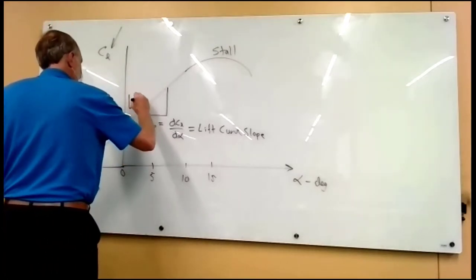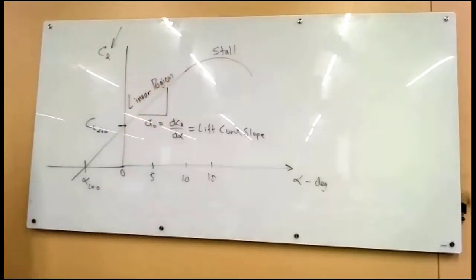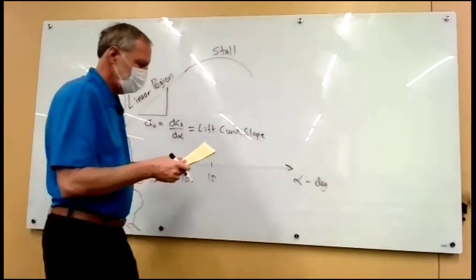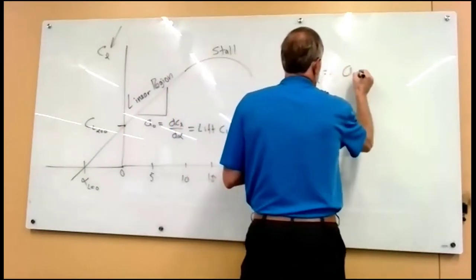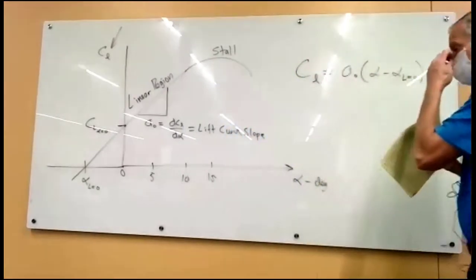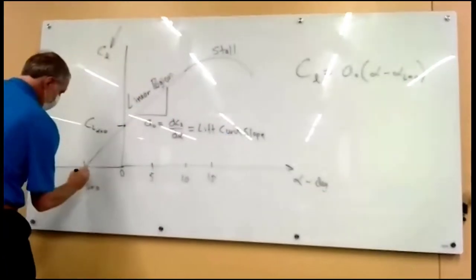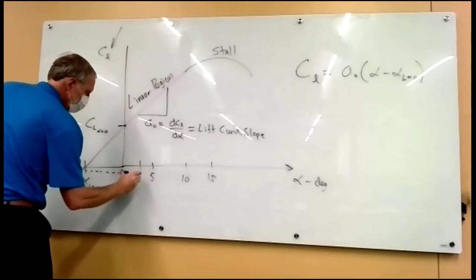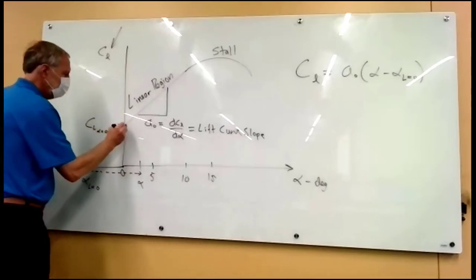But in here, all of the airfoils have pretty much linear behavior, straight line. So in this region, we can write equations that predict the lift. We can either do it in terms of the x-intercept here. So really this is just saying, okay, I'm measuring the distance from this point over to wherever alpha is, and I'm just taking the slope up from 0. Or I can write the equation in terms of the y-intercept,